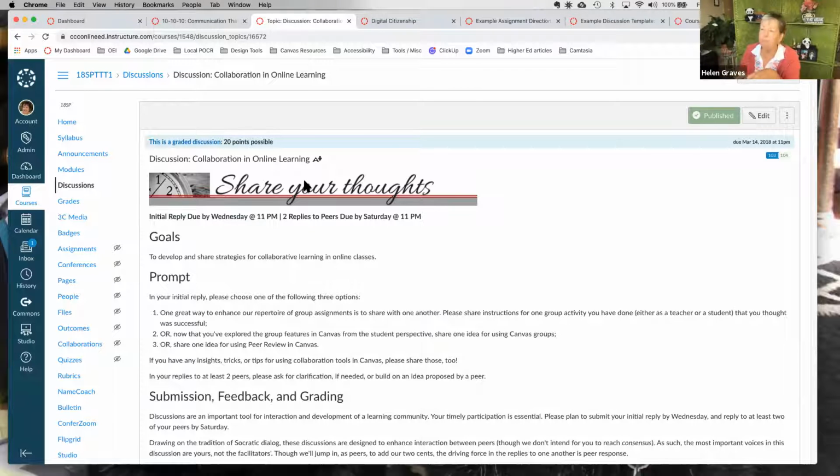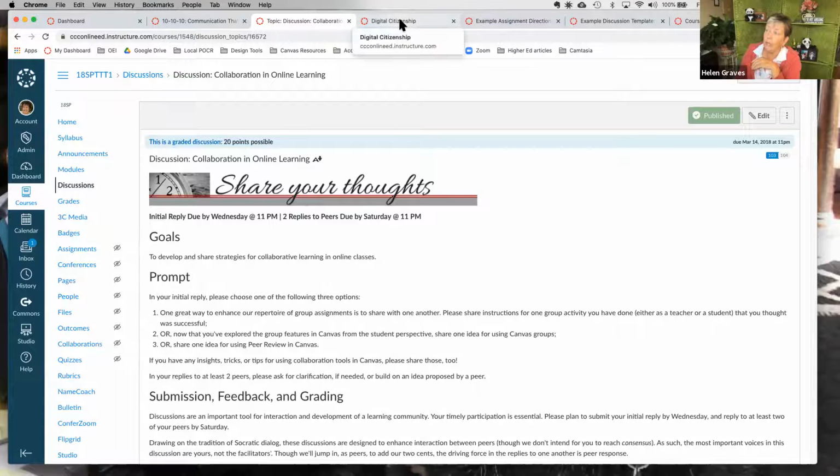Same color theme, same clock image, but all of the discussions will have this exact same banner so that when a student is clicking through the modules, it's immediately identifiable that this is a discussion. And it would be from the context and the prompt and all that too, but it's just kind of fun for visual interest to give it that banner on it.